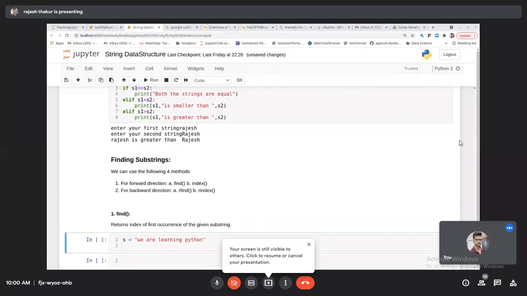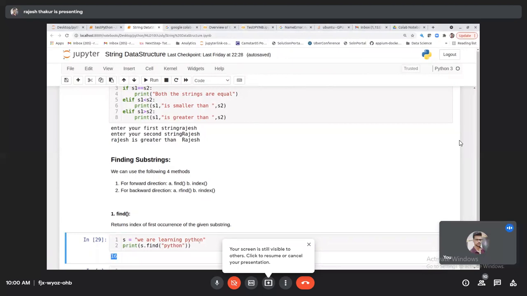And if you want to check, print s dot find, we are checking s dot find. Here we have to pass Python. Can you see this? 16.